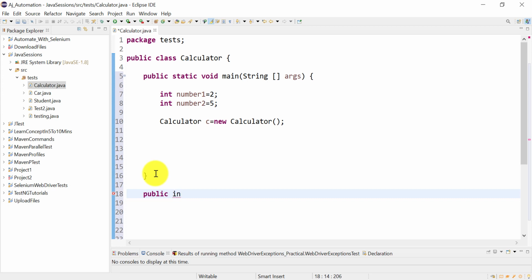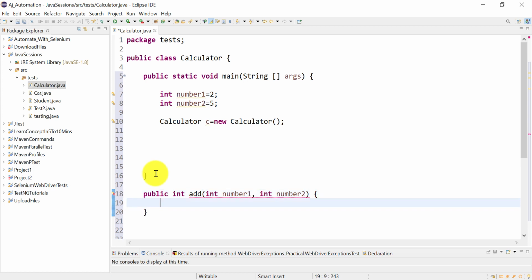And while giving the method name also, let's say I will define another method here. Public int add method, which will take two arguments, int number1 comma int number2, and this method will return number1 plus number2, the addition of these two numbers.